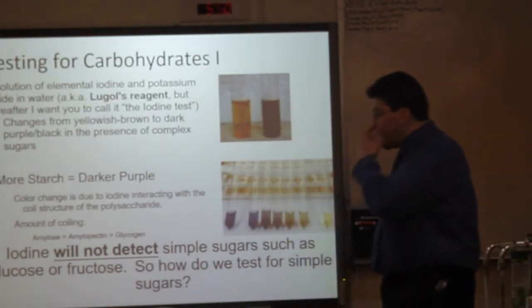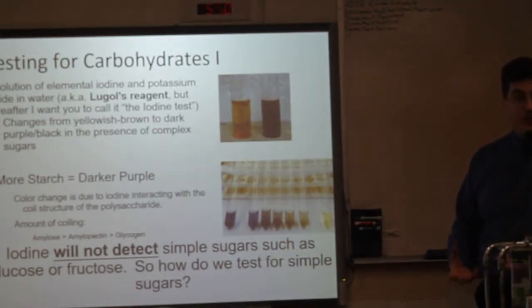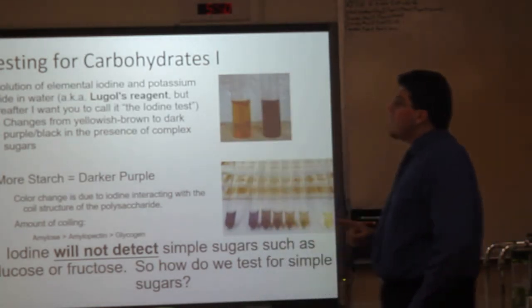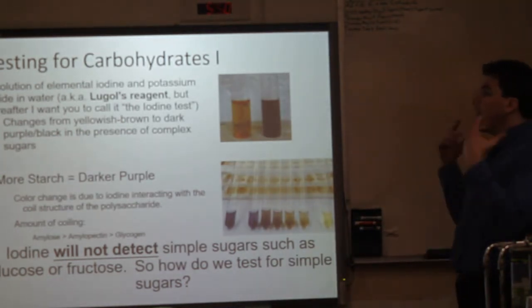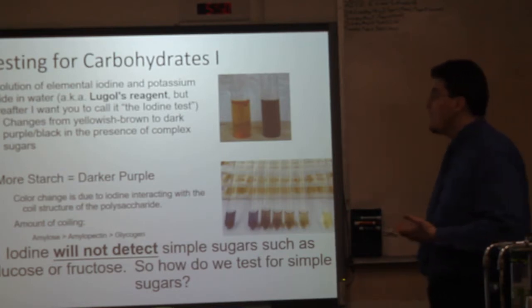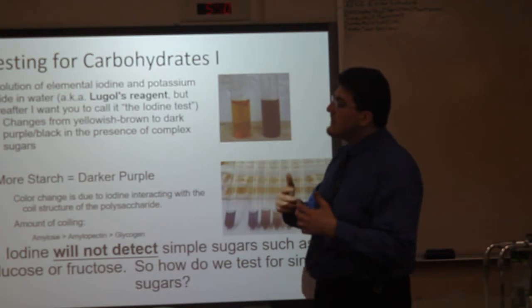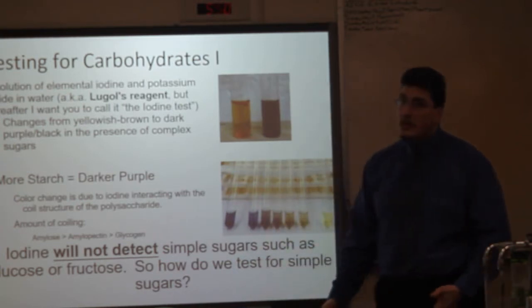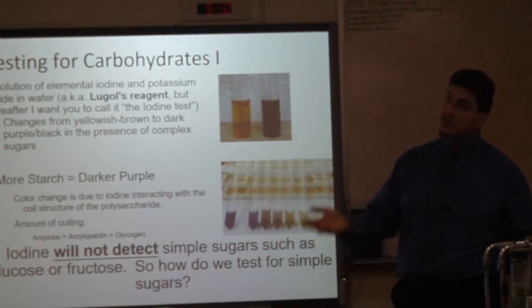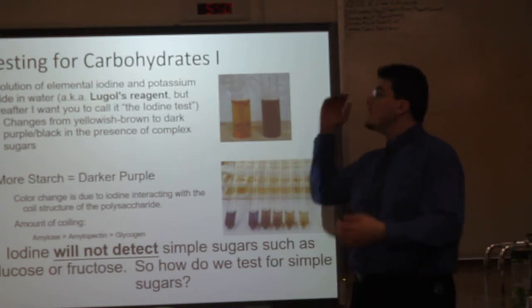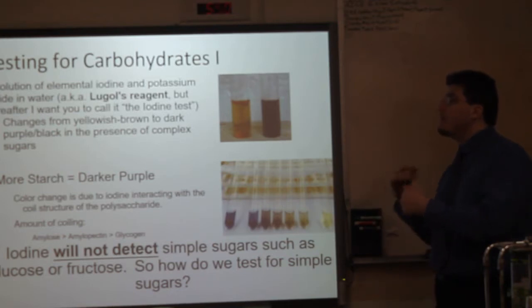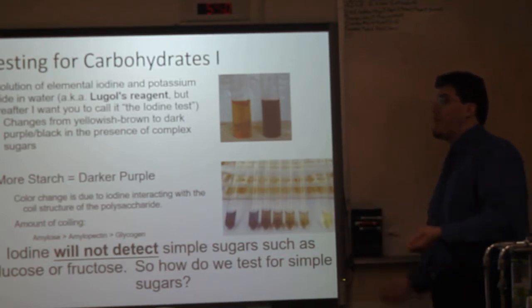And that brings us to, before we discuss what we use redox reactions for, the testing for carbohydrates. A solution of elemental iodine and potassium iodide, also known as Lugol's reagent, but I want you guys to call it the iodine test. It changes a solution that contains starch from the color of the starch solution, which is usually clear or colorless, to a dark purple, dark blue-black color,